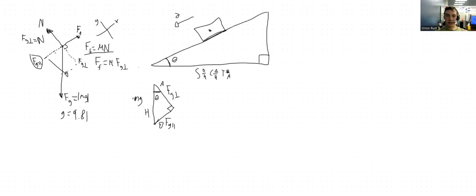So if we want to find our FG parallel, what trigonometric equation would we use? I'll give you a second to pause and think about it. Which trigonometric equation describes FG parallel and mg? That sounds a lot like cosine. So we write cosine theta is equal to FG perpendicular over mg. And because we want to solve for